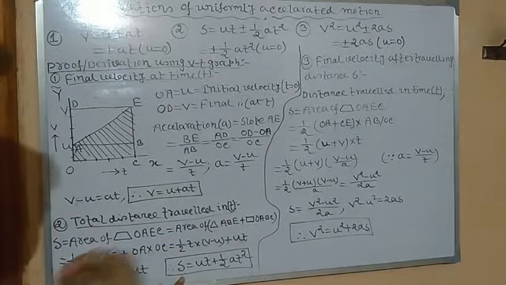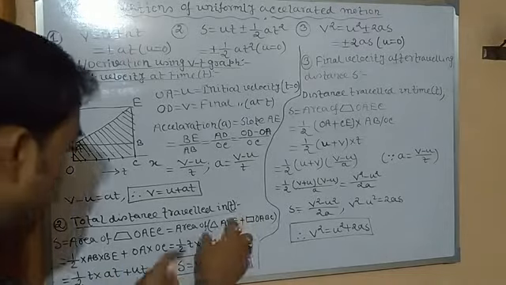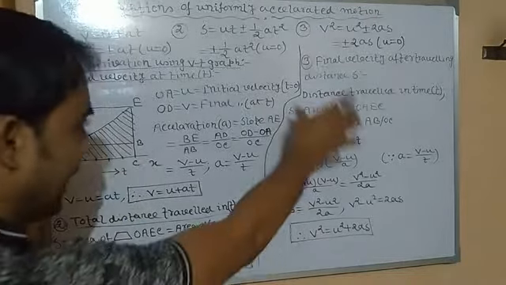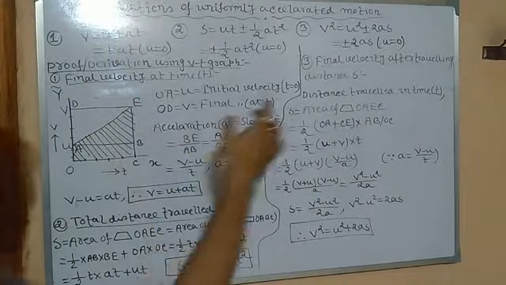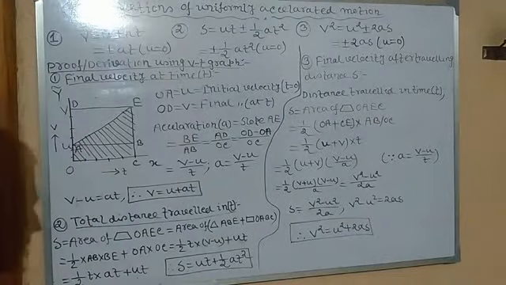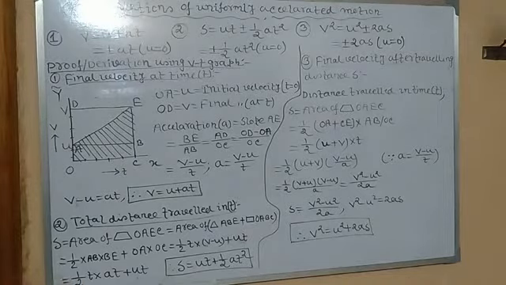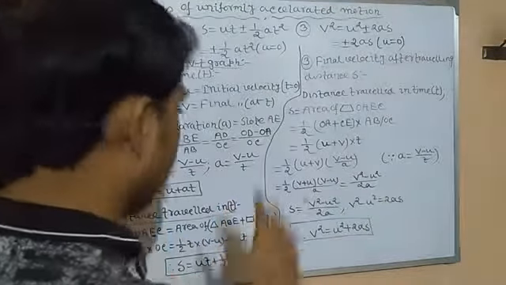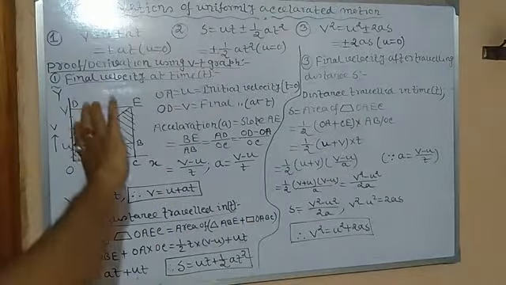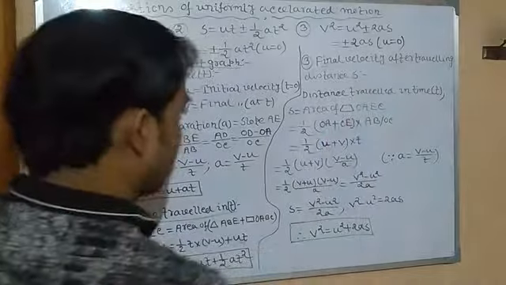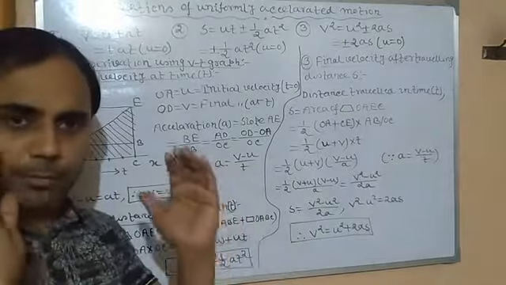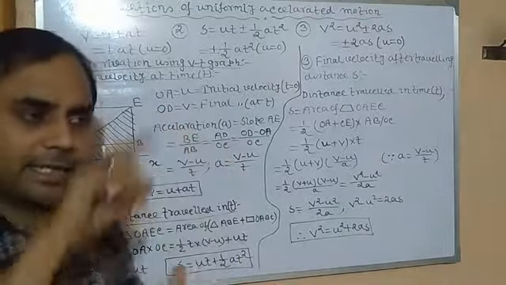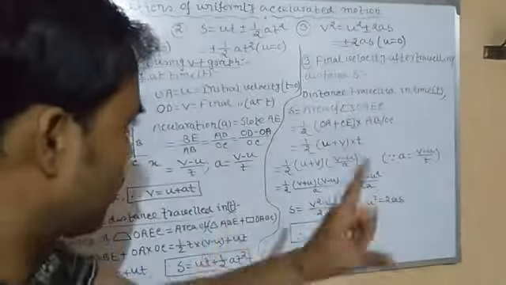Since distance we have already derived, we will not use this formula, that is area of triangle plus area of rectangle, directly. So here you can see this is the total. Since it is distance, from the velocity time graph, distance can be obtained only from the area of that figure, covering that particular area between the velocity axis and time axis. So area of trapezium. We all know the ready-made formula of a trapezium, that is half into the sum of the two parallel sides into the perpendicular distance in between them. That is the shortest distance.